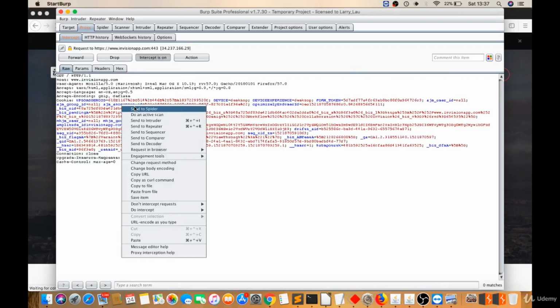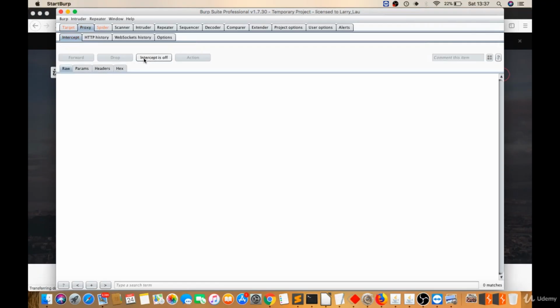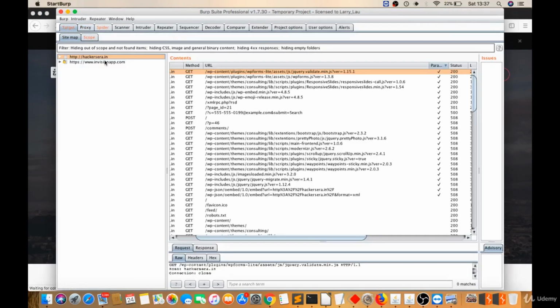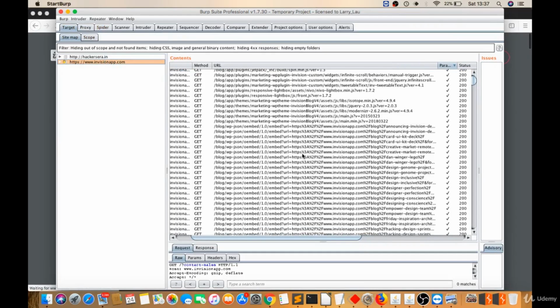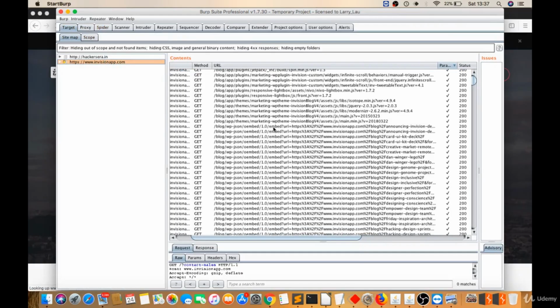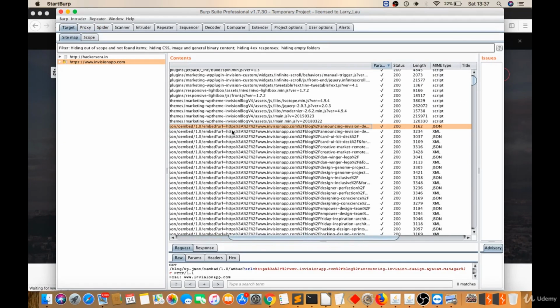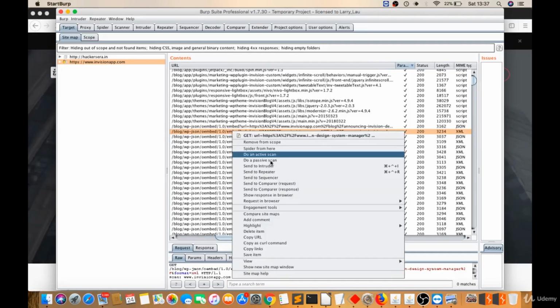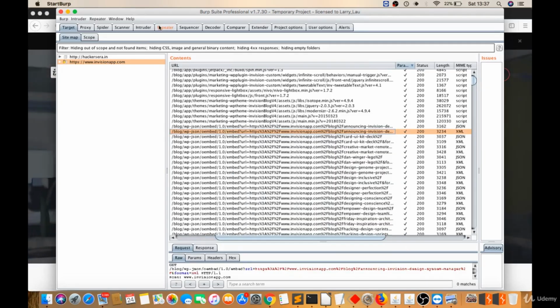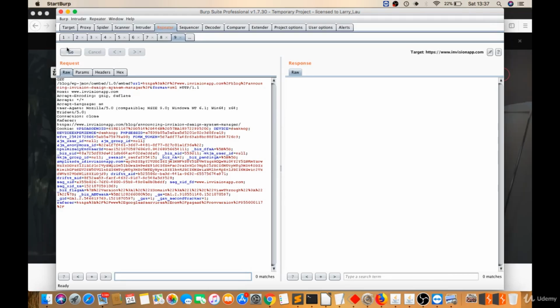Right click, send to spider. I will go to target. Again I will find some embed related URLs, and I got embed related URLs. You can try any URL over there, send this to repeater,